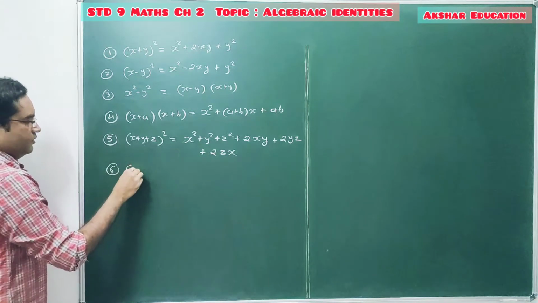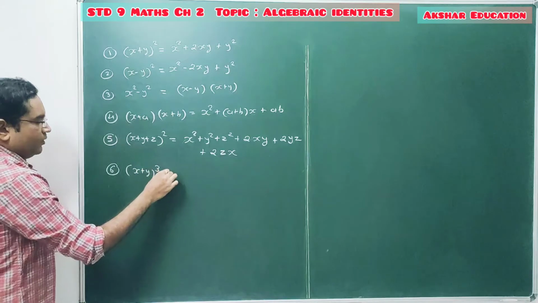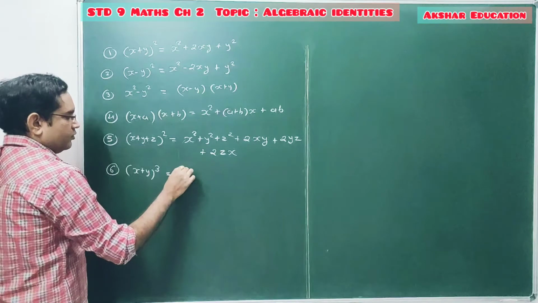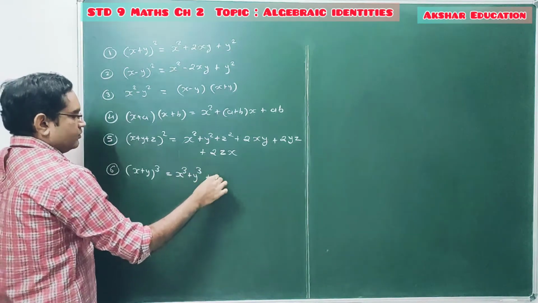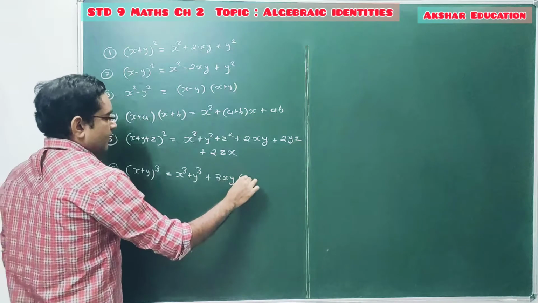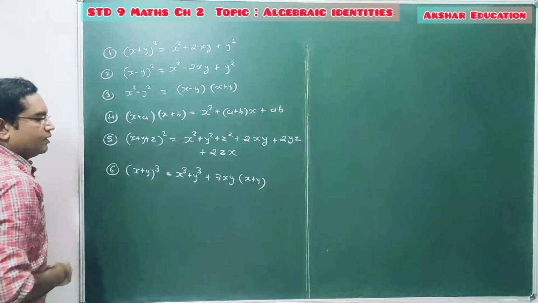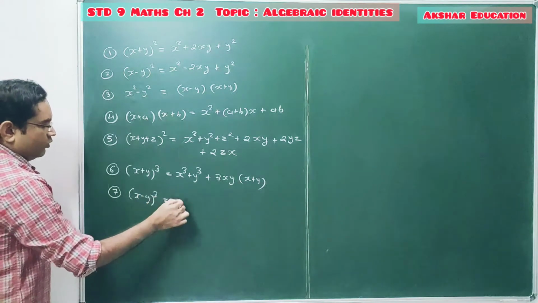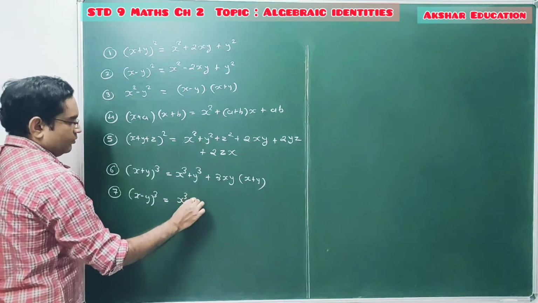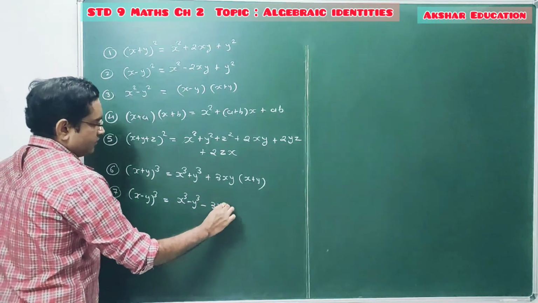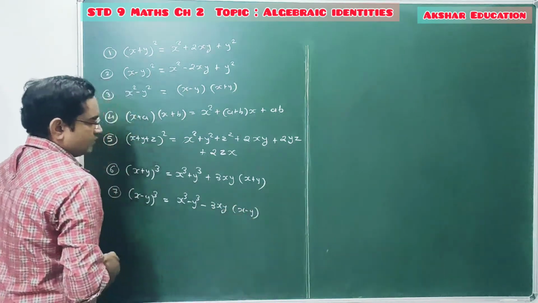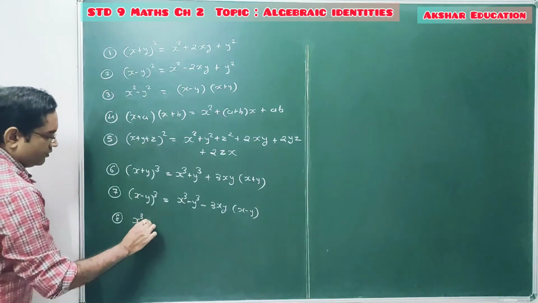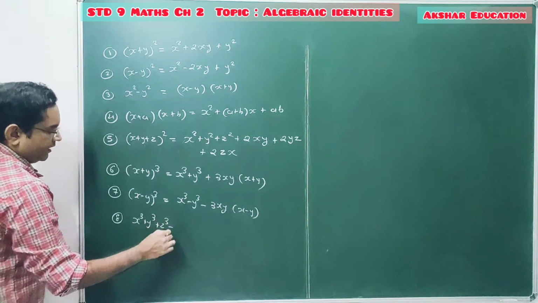Sixth one is x plus y whole cube, cube of binomial. So it's x cube plus y cube plus 3xy into x plus y. Seventh identity, which is x minus y whole cube equal to x cube minus y cube minus 3xy into x minus y. And the 8th identity is x cube plus y cube plus z cube minus